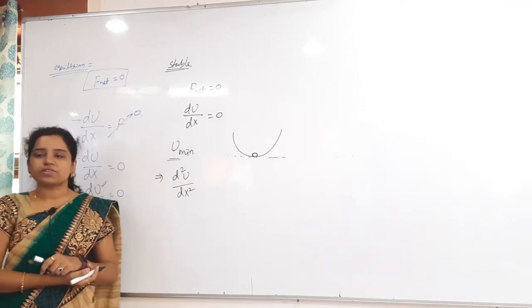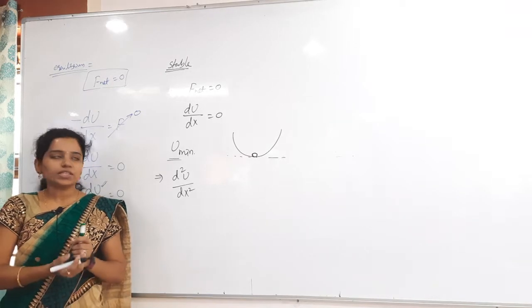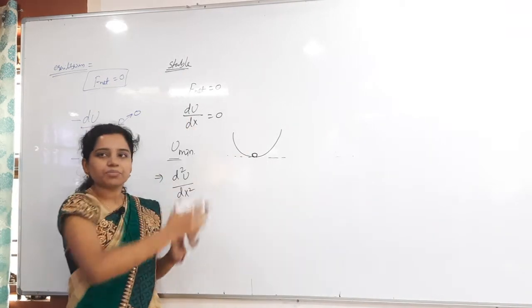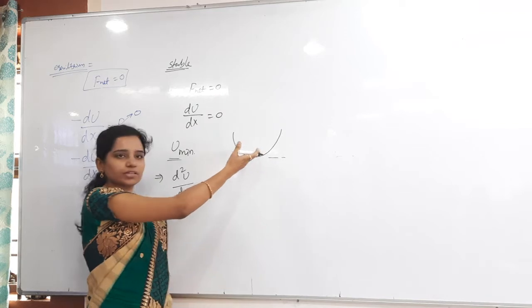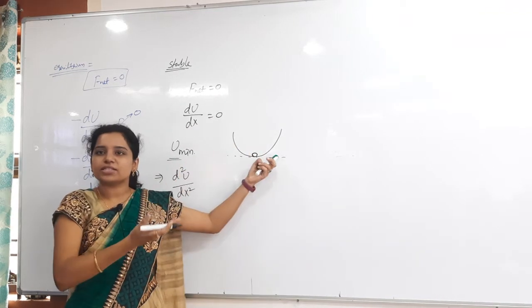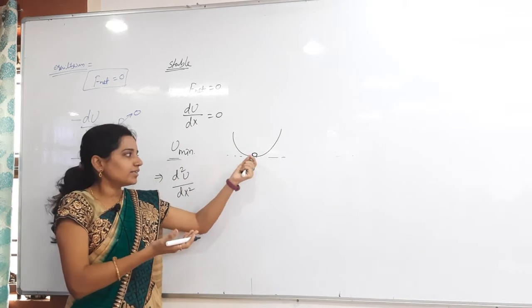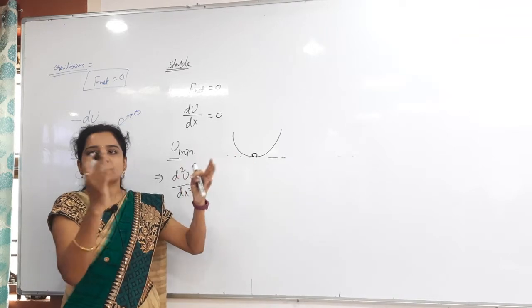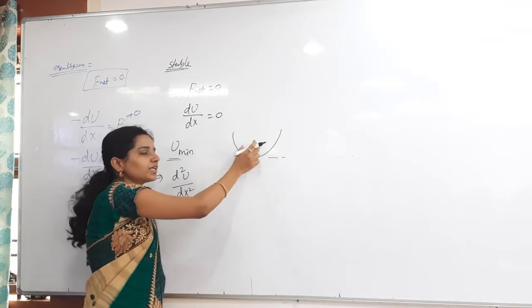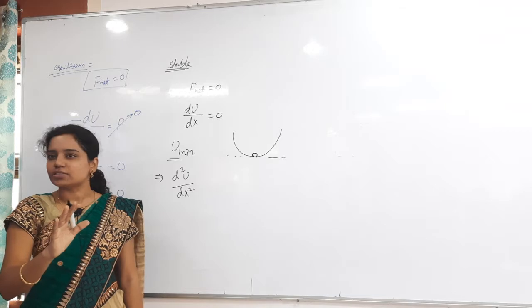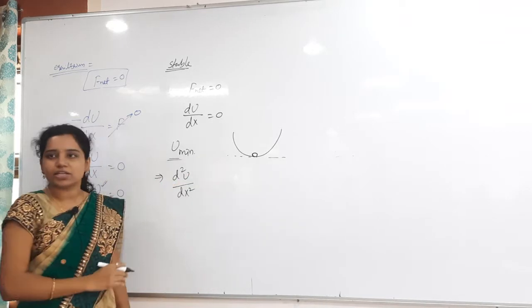Curvature is what? Positive or negative? See how the curvature is there, in which direction? Positive direction. This is only curvature. If you draw the graph also, you will get the same thing. So here I will tell you the shortcut method. You have to just compare the cases with the graph only. Directly you will get the answer. You need not do differentiation again and again.